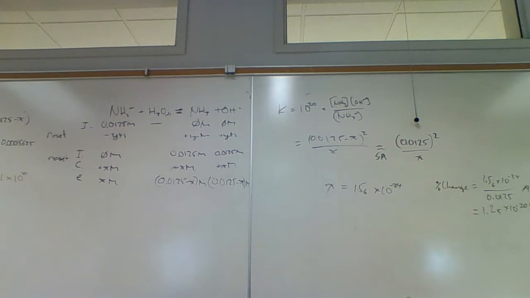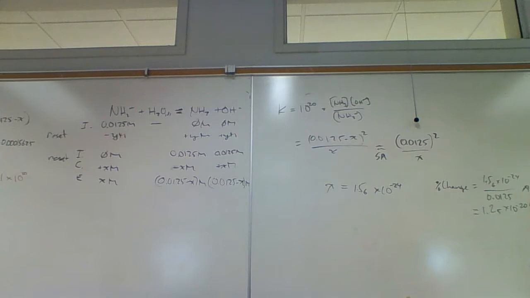Now, if you lost 1.25 times 10 to the minus 20% of your bank account, is that pretty negligible? Yeah, that's pretty negligible. And so this is way, way, way less than our 5% cutoff. Our 5% cutoff is huge. So what this tells me is that this is a really good assumption and that the error should not be